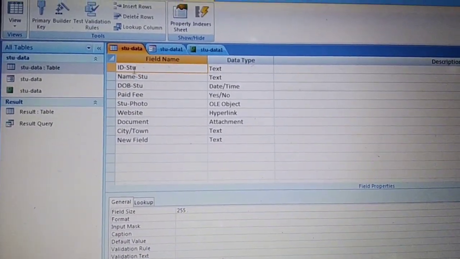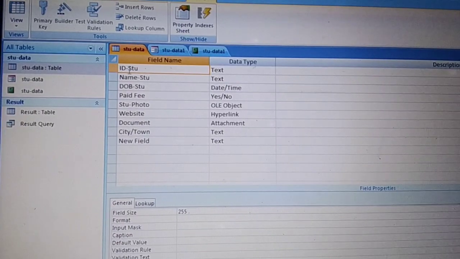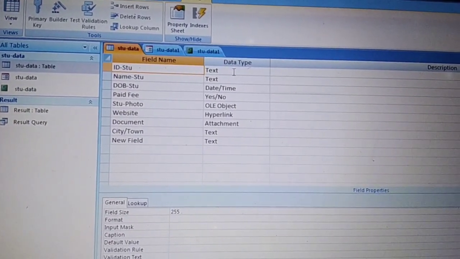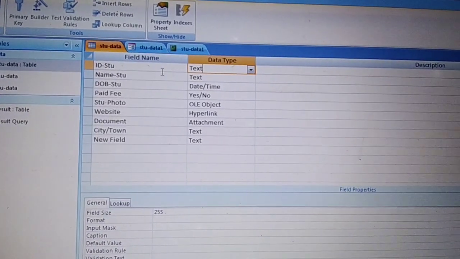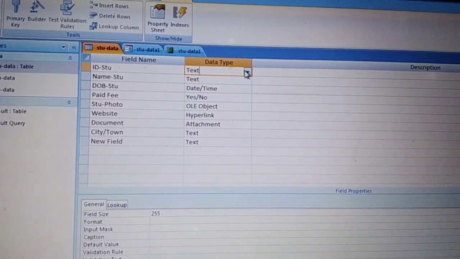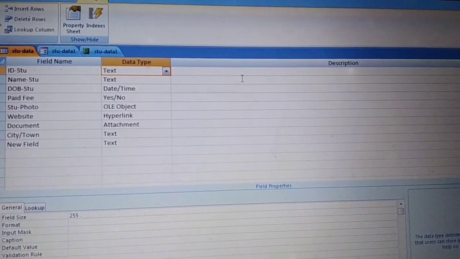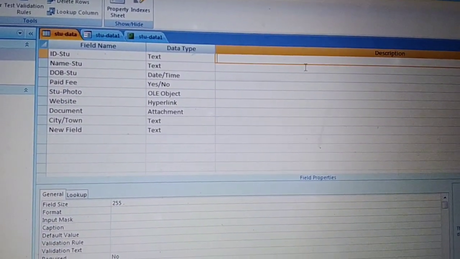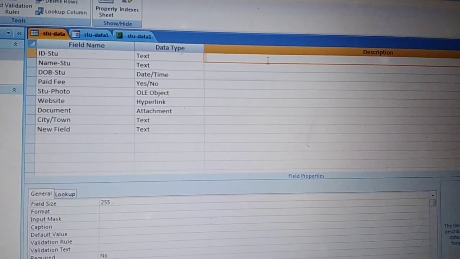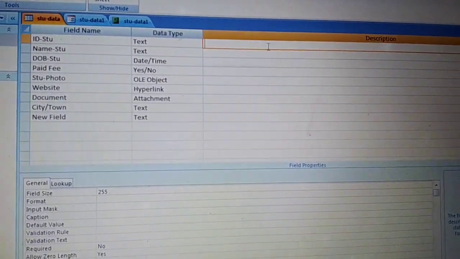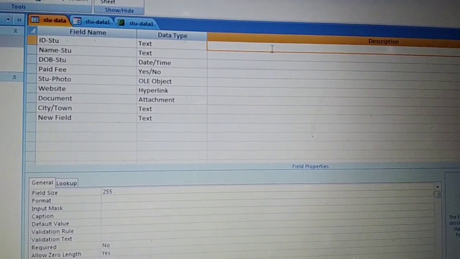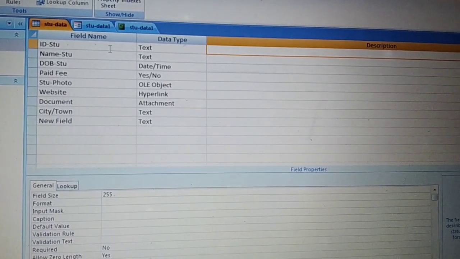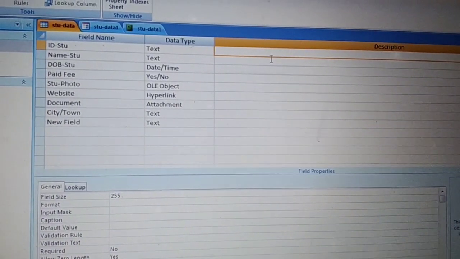The first field name I have taken is ID of the student, and the data type is text. In the description you can write a description. It is not necessary to write the description. Description is only for our reference. It will not show in the output area. It is just for reference about what kind of data you are going to put.